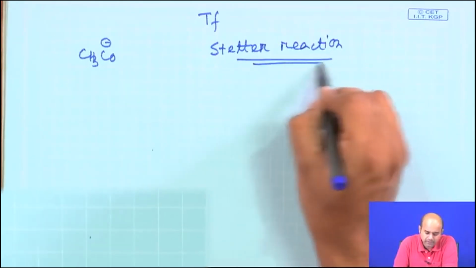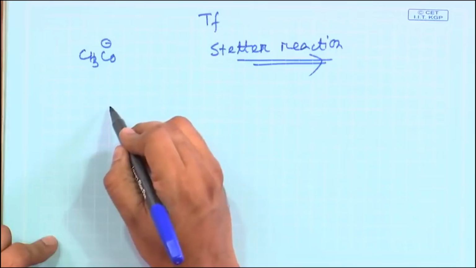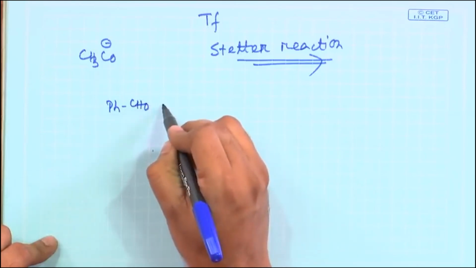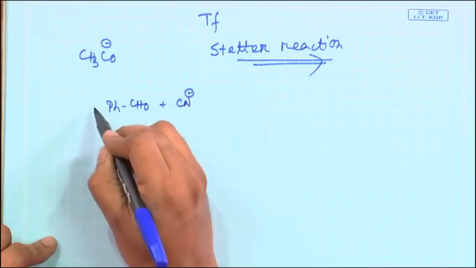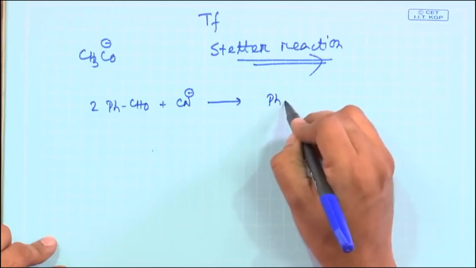Now, the Stetter reaction is a very useful reaction. Now, what exactly was done in the Stetter reaction? Before going to the Stetter reaction, I will try to explore something else. All of you know the benzoin condensation reaction, in which two molecules of benzaldehyde are reacted in the presence of cyanide to give you a